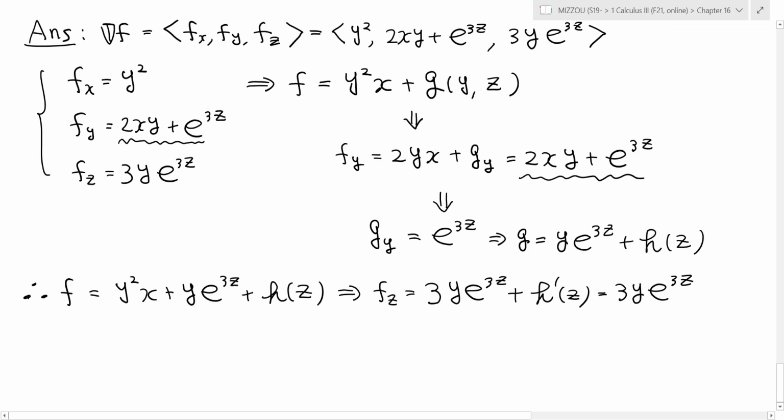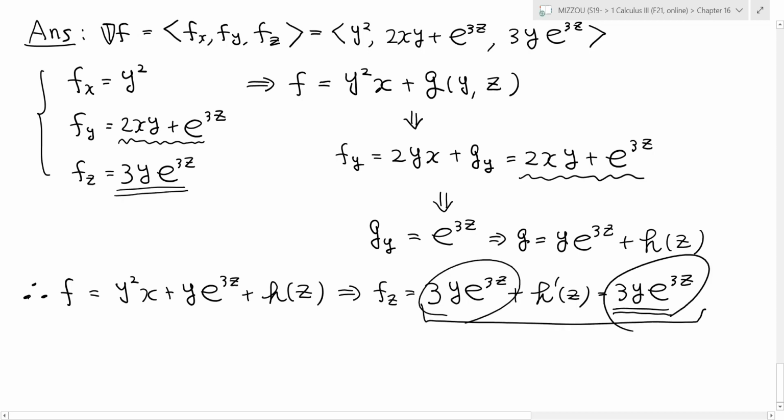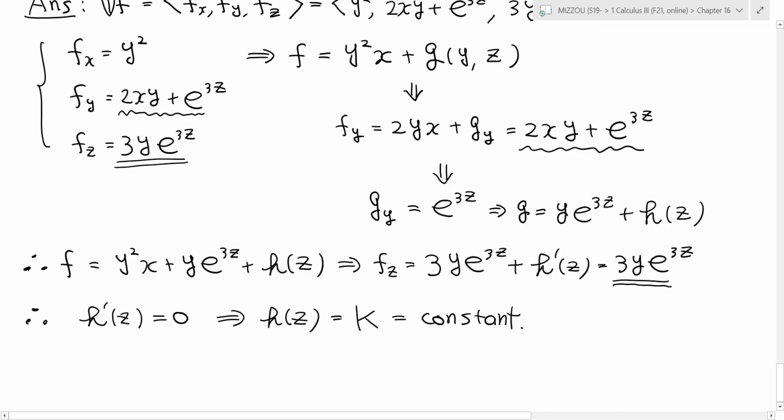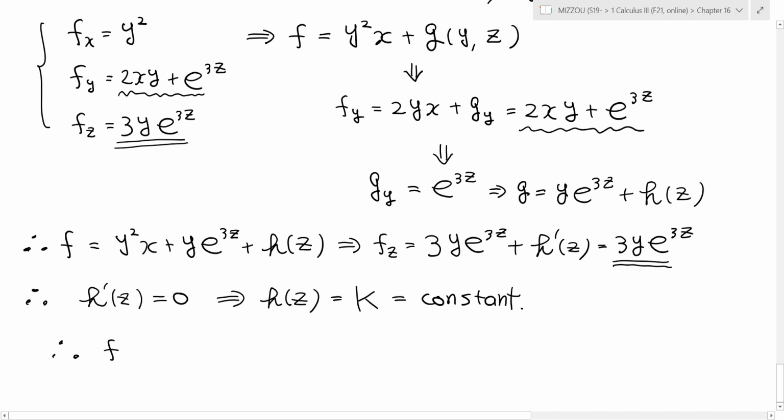the third component. Okay, and then if you look at this portion, this comes from here. And then if you look at this portion, this and this get cancelled out. And then what you're left with is h prime of z is just 0. So in order to recover h, what you have to do is integrate 0 with z. That's just a constant. Literally a constant, just a number. Okay, so therefore, the final answer is f of x, y, z